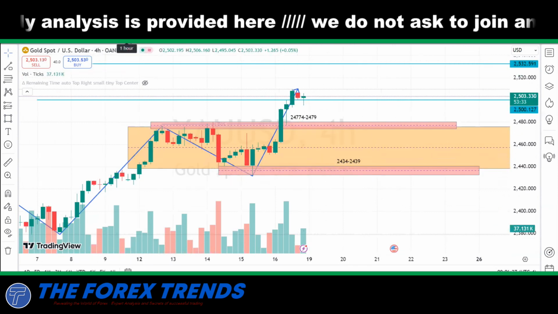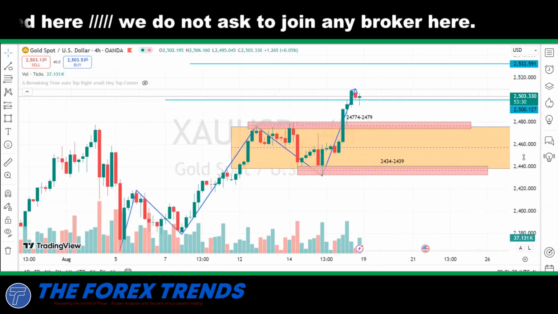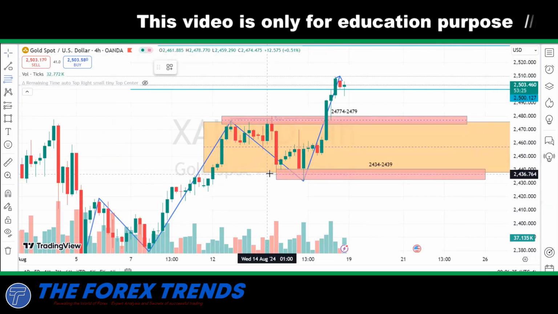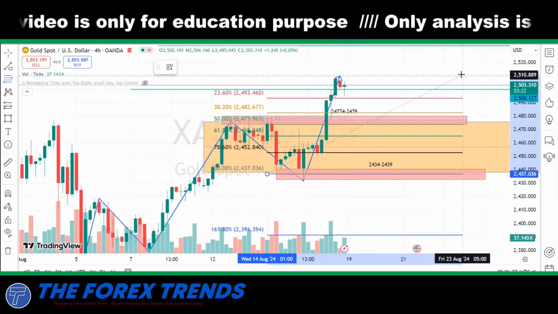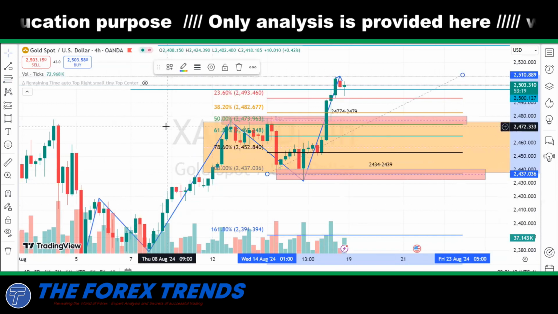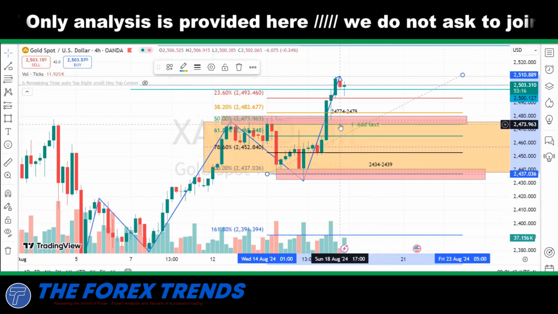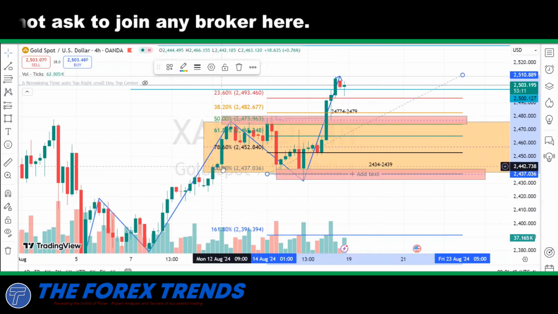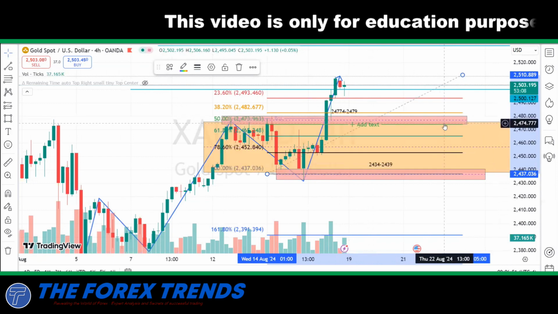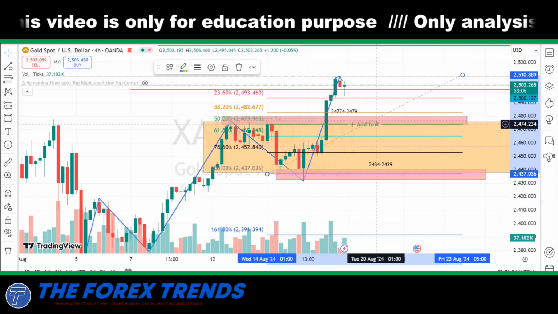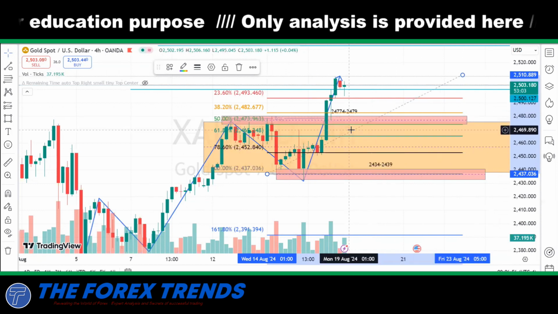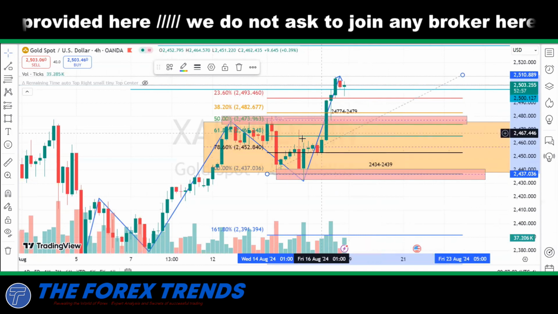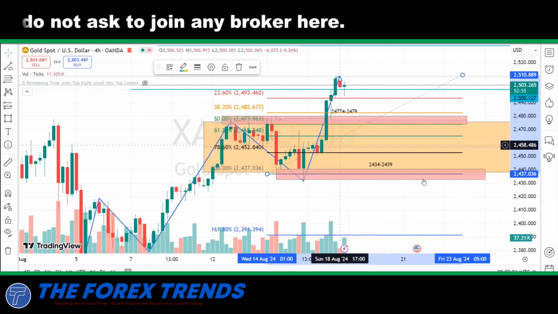Now check the 1 hour frame. If I mark Fibo at the last swing of gold, you can see the 50% area of retracement is also there. This is the 2474 level. Okay. So this price 2474 to 2479 is a good price to initiate a buy. If we get the price today at this zone, we may initiate a buy from here. This is a 50% area also.